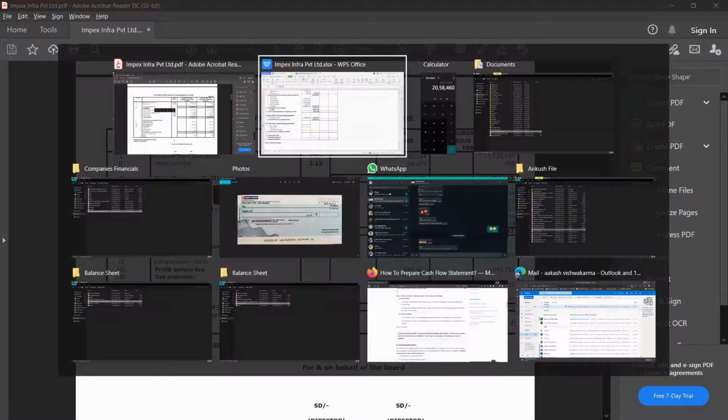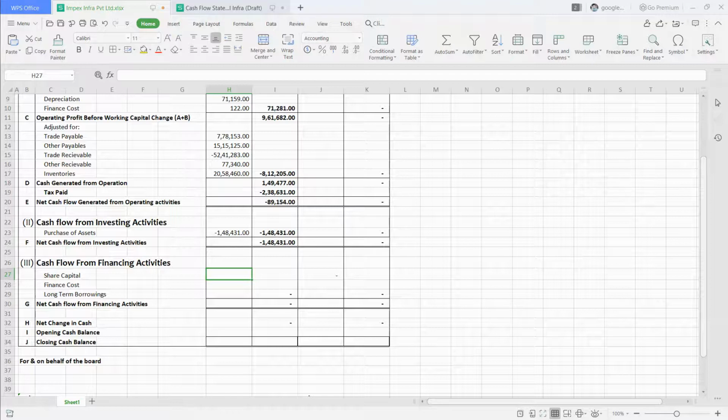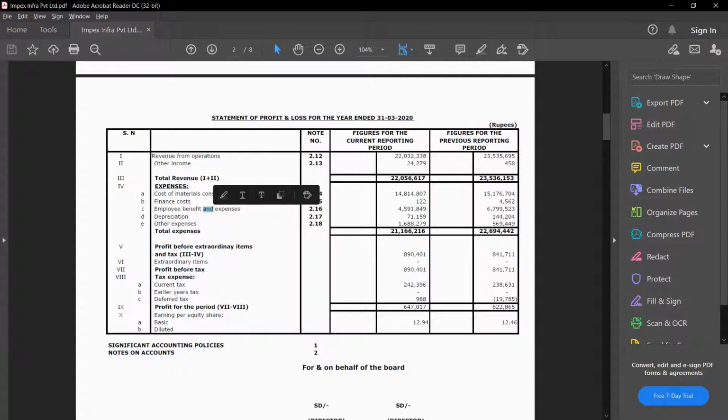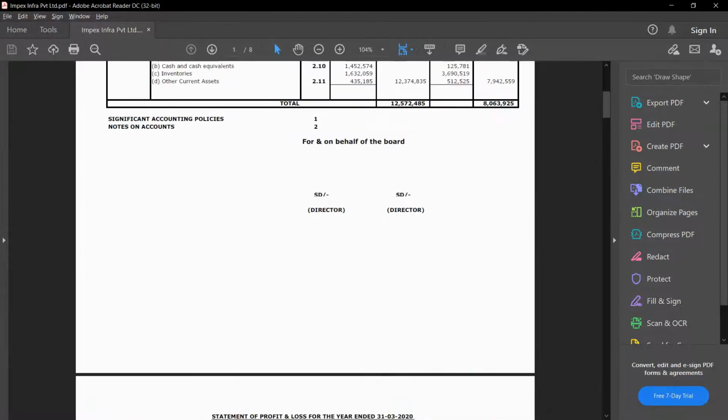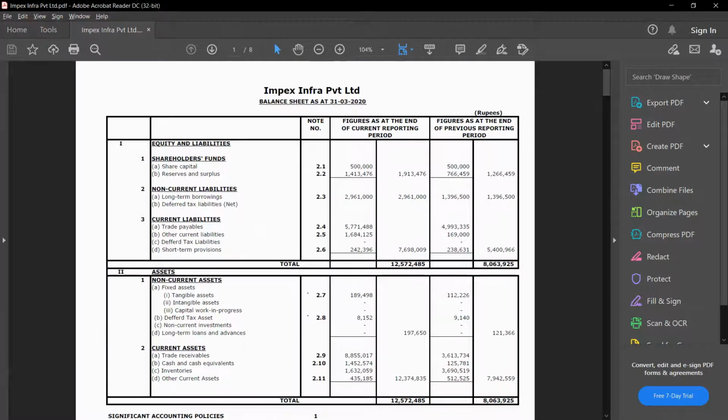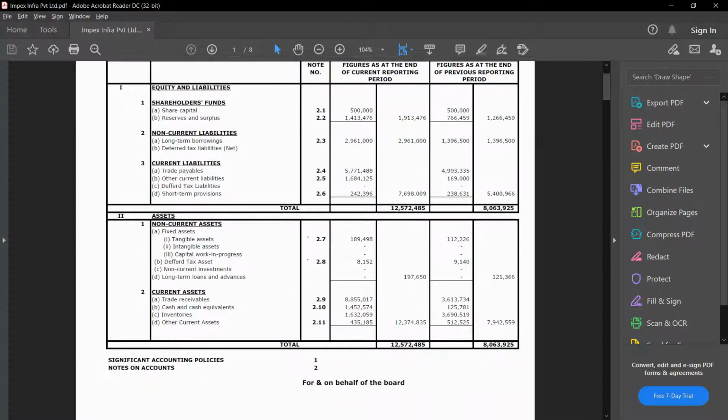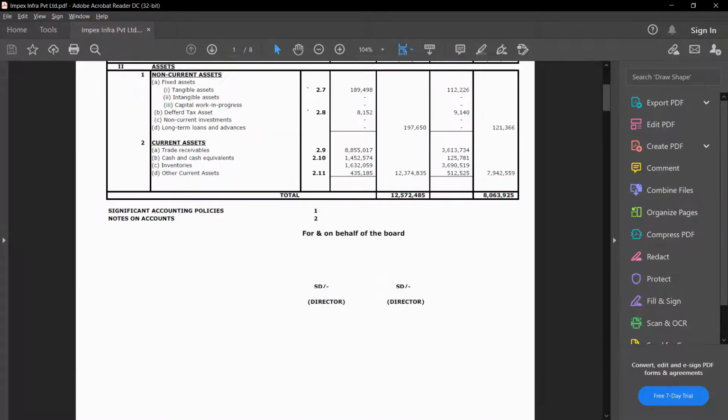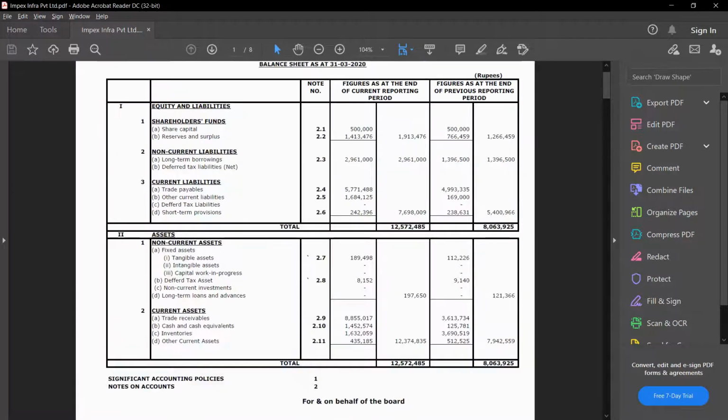Finance cost added to the net profit under cash from operating activities to avoid double counting as we deduct it to arrive at net profit. And then we deduct it as a cash outflow under cash from financing activities. It is considered under cash flow from financing activity because it brings change in our capital structure. In long-term borrowing amount increased from last year, so we will add the amount.